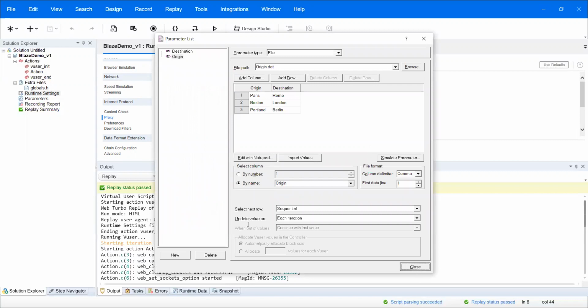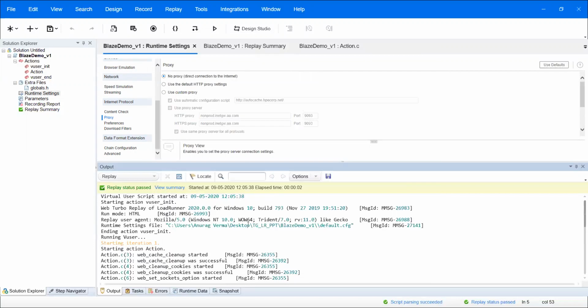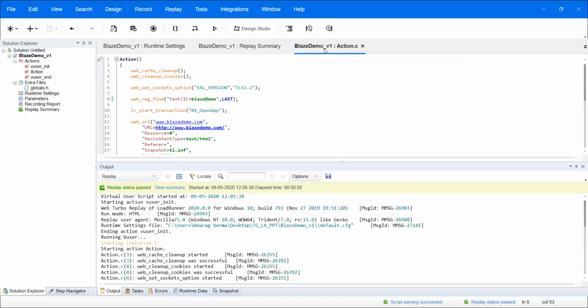Those are the 4 to 5 things with which we can debug the script, and some other debugging parts are also there, which we will discuss in the next video. How can we put a web breakpoint using the snapshot, and how can we do some correlation? All those activities I will also discuss in further videos.